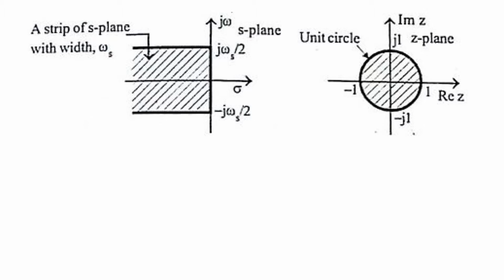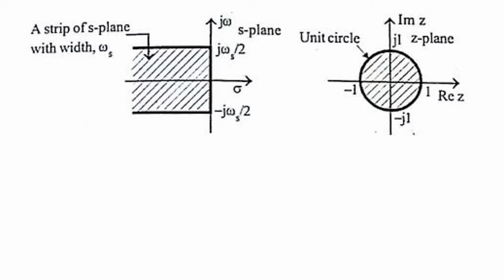We say the system is stable when the roots lie on the left half of S-plane, right? So when the roots are on the imaginary axis, we say the system is marginally stable and it is oscillatory, and if it is on the right half of S-plane, we say it is an unstable system, right? So that is about our S-plane or the continuous time system.